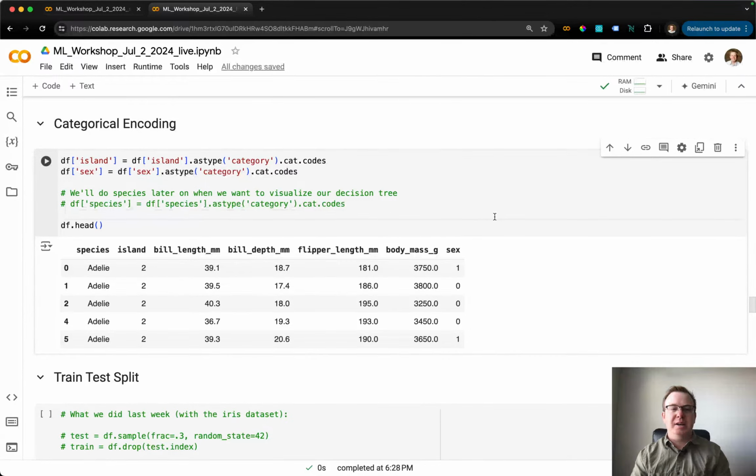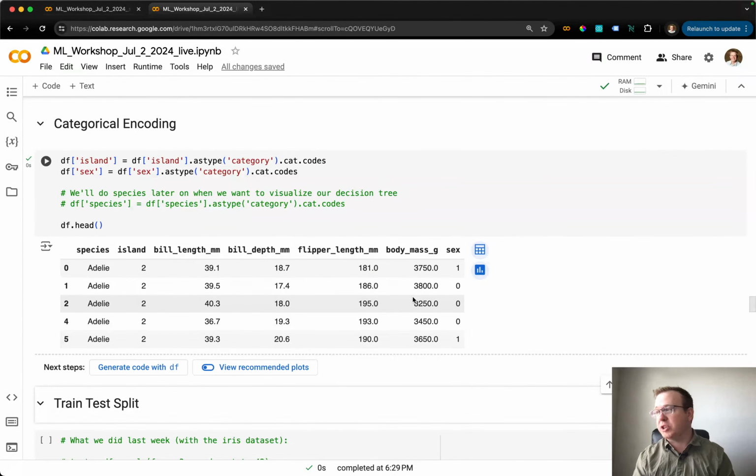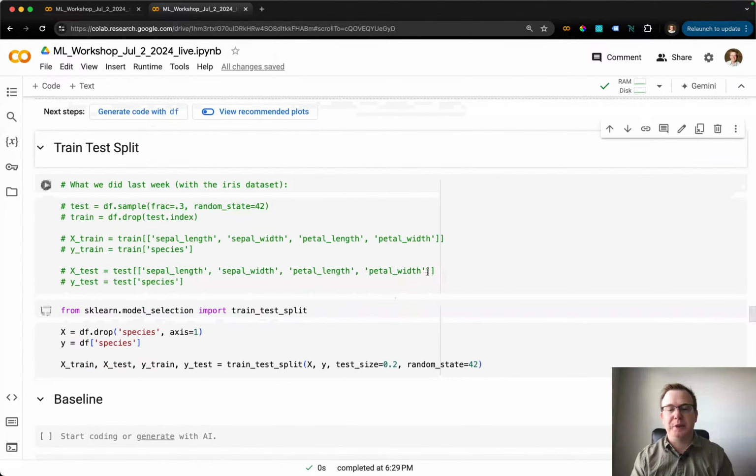Okay. So now I'm going to categorically encode the island and the sex. We're going to turn those into numbers. They're just going to be integers to represent the different categories, right? And we're going to do species a little bit later. We have to do species before we make some graphs later on, but we don't necessarily have to do it before we pass the data to our machine learning algorithm. Okay? Our y variable does not have to be categorically encoded. It can still be a string value,